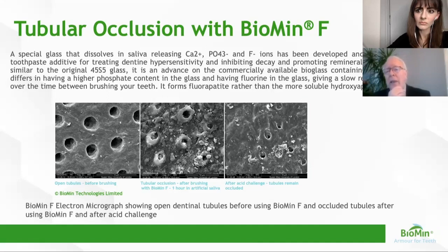And what I would say is that whether you have a low fluoride of 1100 or high fluoride, when you look at the fluoride release profile, within 30 minutes, most of the fluoride is diluted down, so it doesn't protect the teeth over a longer period. And to address this issue, the development within Queen Mary was with a special glass which we call BioMin, which